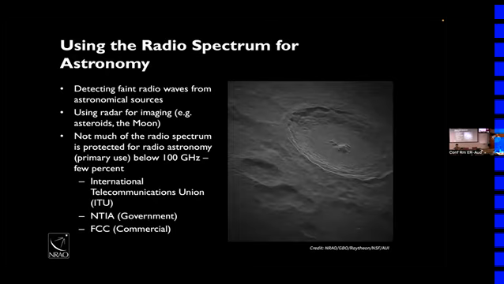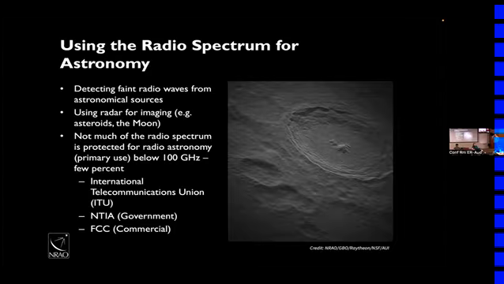So when we use radio astronomy, when we use the radio spectrum to carry out astronomical observations, we are really looking to detect very, very faint radio waves from space. There are cases more recently of using radar for imaging. So the image you see here is actually a radar image that was made using the Green Bank telescope, which I'll tell you a bit about, and then the Very Long Baseline Array as receivers. So basically the GBT is the transmitter, the VLBA are the receivers, and we've been able to reconstruct some pretty fabulous images of the surface of the moon.